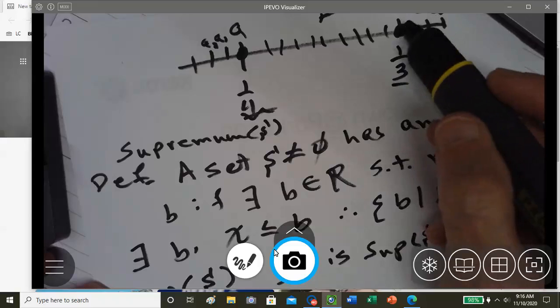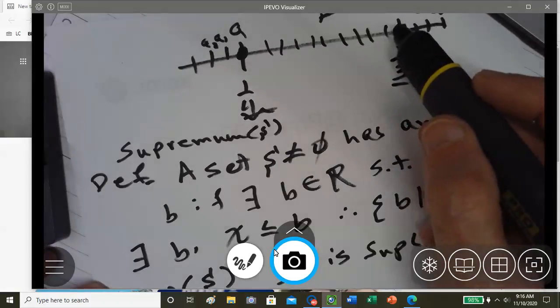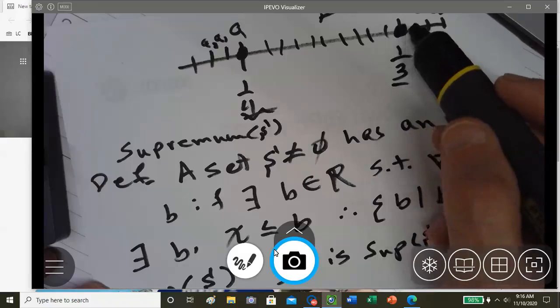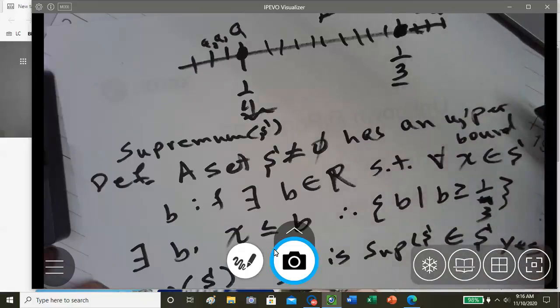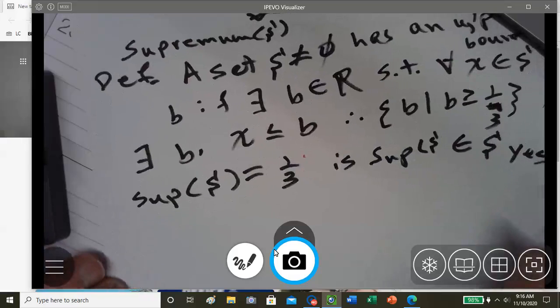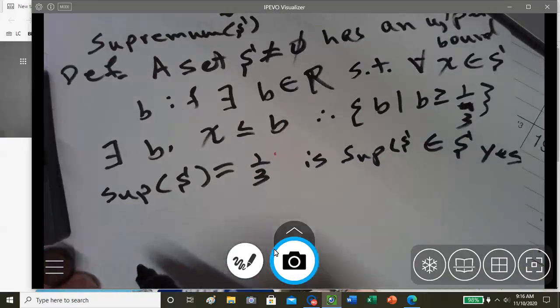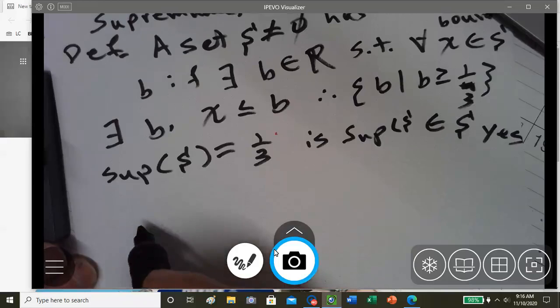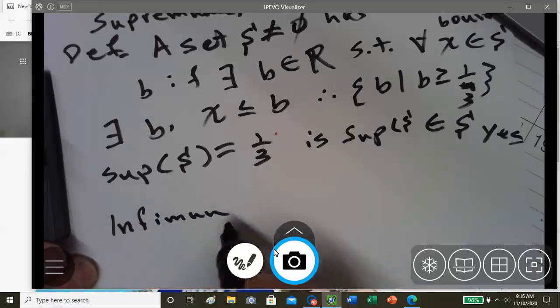If it were open and we go closer and closer and closer to it but never do get to it, then the answer would be no. But because this is a definitive point, the answer to this one is yes. Okay, so the greatest lower bound, or infimum, is